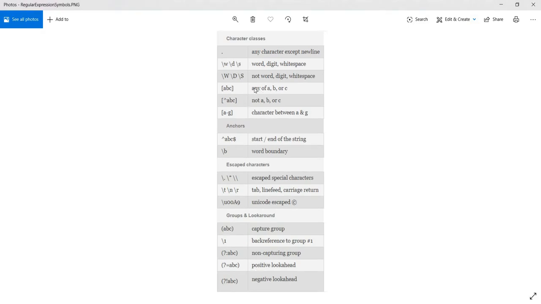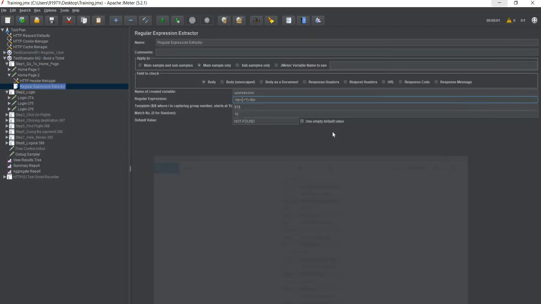So it says that this should be any of A, B or C, but we do not want any of A, B or C. We just want it to start with small, right? Now we will say that it should be this, then it should be S, and then it should be anything, whatever it should be.